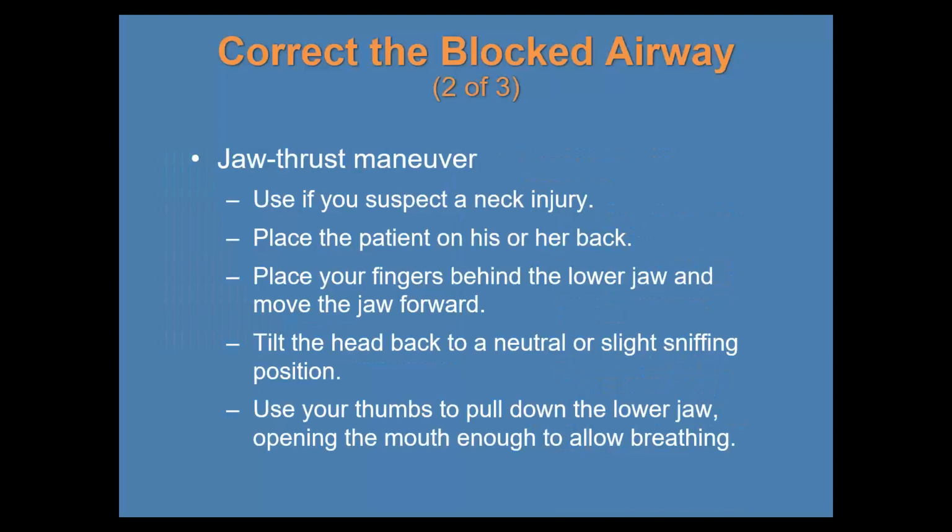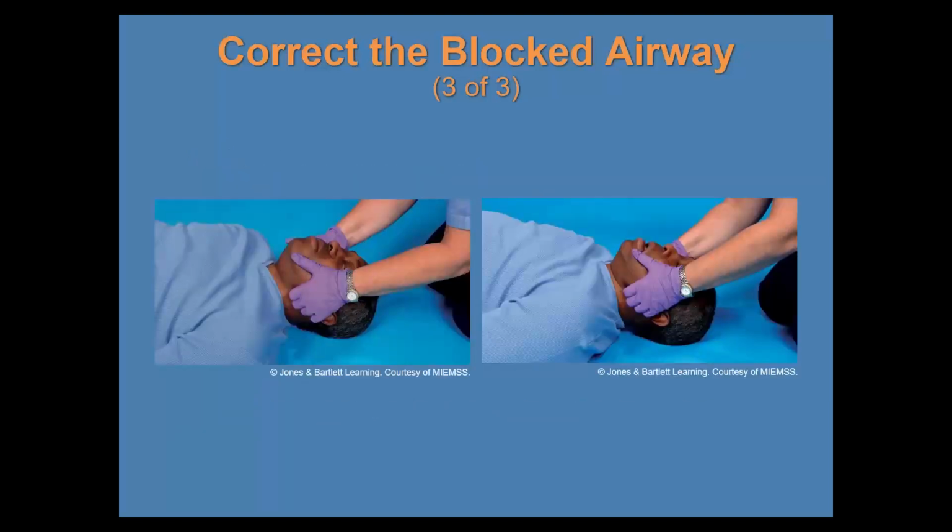So the jaw thrust, again, is for those we suspect have a neck or back injury. We don't want to be moving their neck around, or we want to move their neck around as little as possible. So we try to use this technique whenever possible. But remember, this is life over limb for the most part. If we don't have X-ray vision, we can't see whether or not they have this injury to their neck, and they're not breathing. We need to do what we can to get those breaths in, right? So again, we try to use the jaw thrust maneuver, and essentially, as you can see here in the picture,